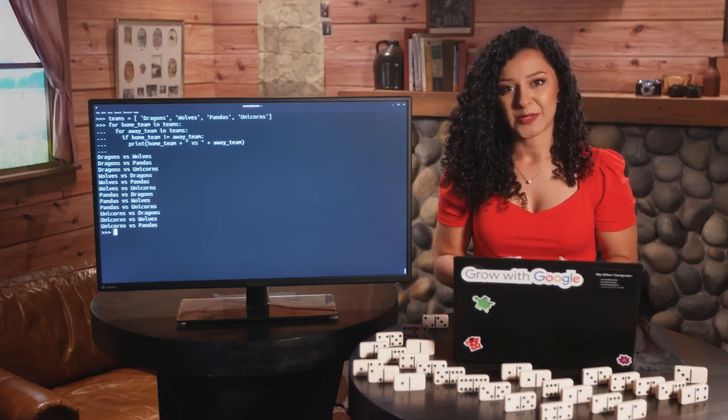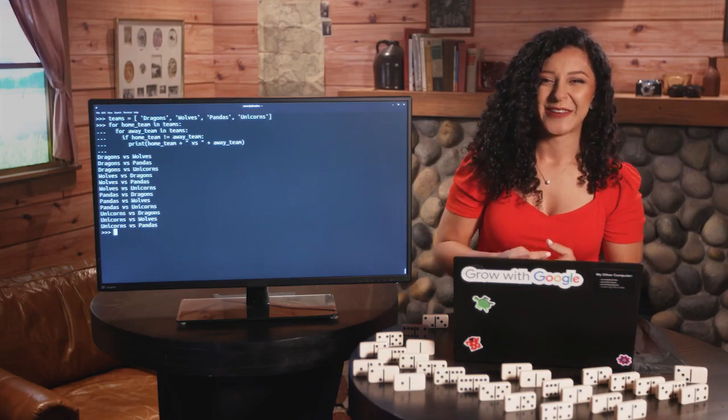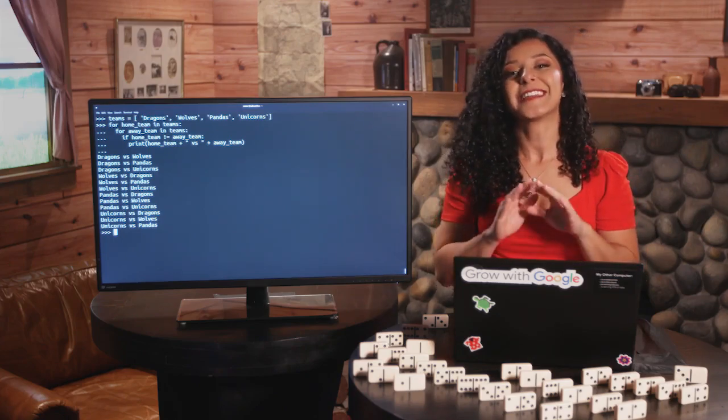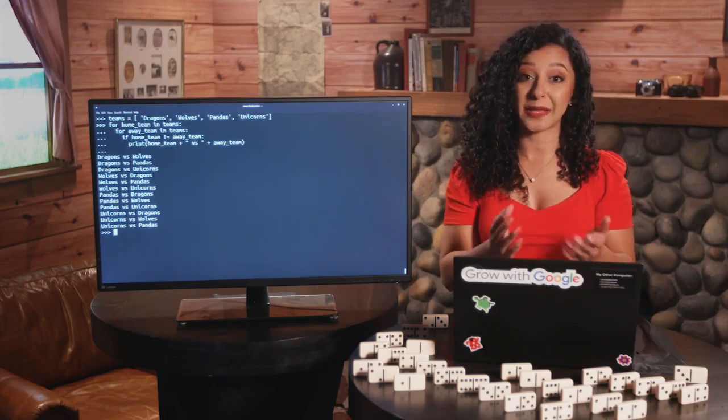What it doesn't solve is the question, who would win in a face-off between dragons and unicorns? If only there were some code for that. Anyway, we've seen that nested loops are a handy tool. But we need to be careful not to just blindly apply them to any problem. Why? Well,